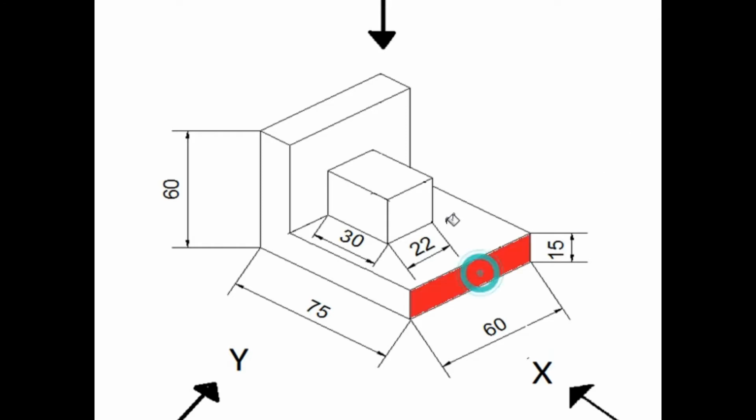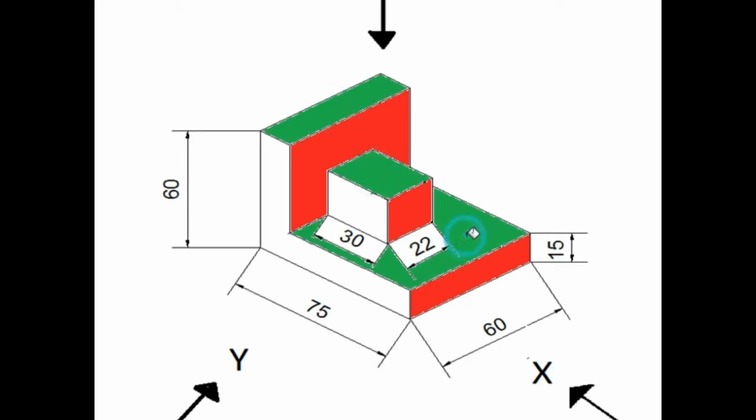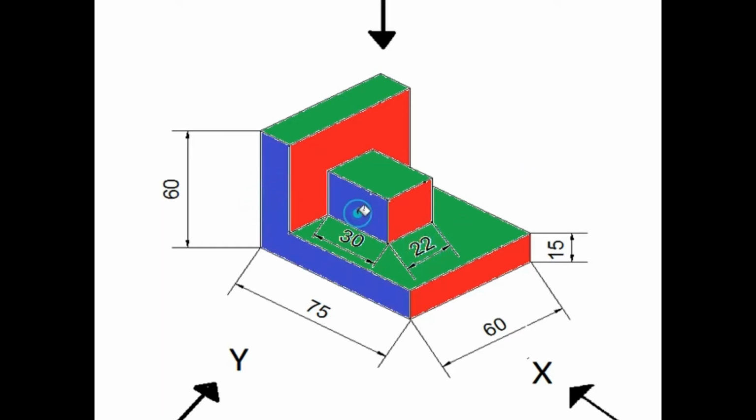So in the front view, this rectangle will be visible, this box and this back portion. So all of this which I have painted in red color will appear in the front view. For the top view, it's very simple also. These three, one rectangle, sorry, two rectangles and this channel like portion will appear in the top view, and in the side view one L and one rectangular box will appear from the direction of Y. Now we will see how to draw this in the drawing sheet.